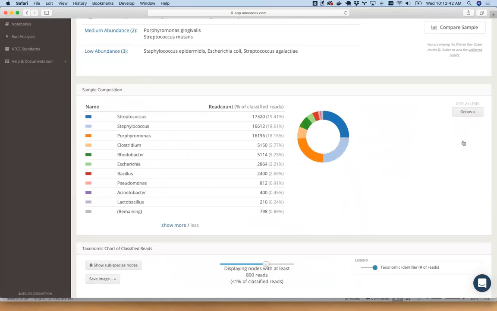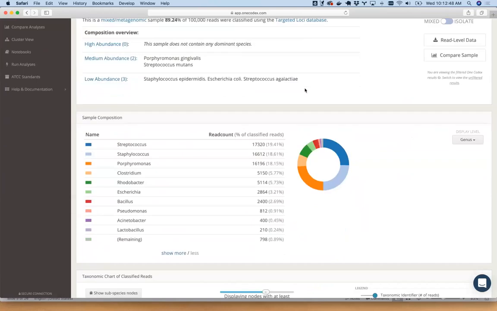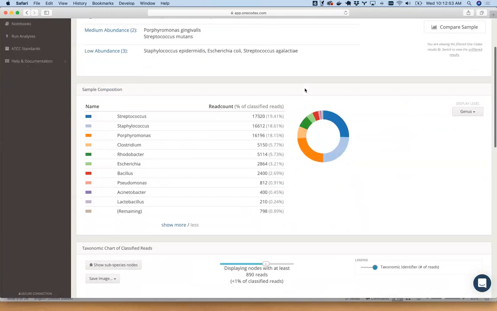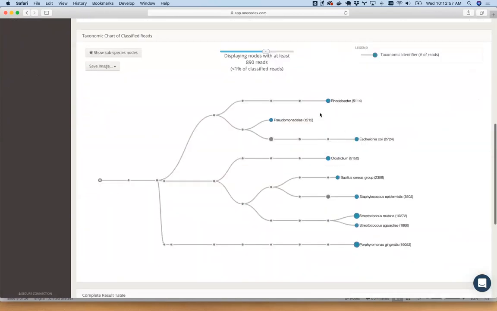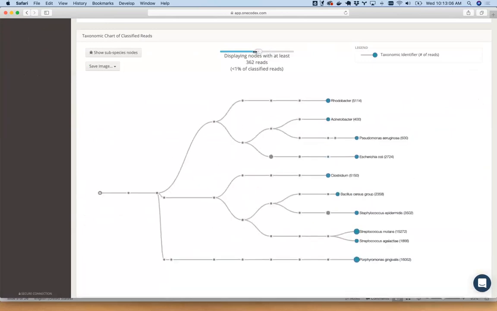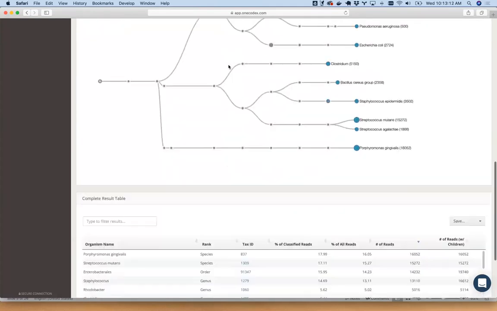For short read 16S data, we generally recommend looking at things at the genus level. For the LoopSeq data, we can actually get down to the species level, which we'll talk about. The same applies to shotgun data. And then there's information about how the reads map taxonomically across a phylogenetic tree. Again, the focus here is on ease of use and interactivity. You can export these images if you need to, and you can export all of the data we're looking at here programmatically in a variety of formats as well,